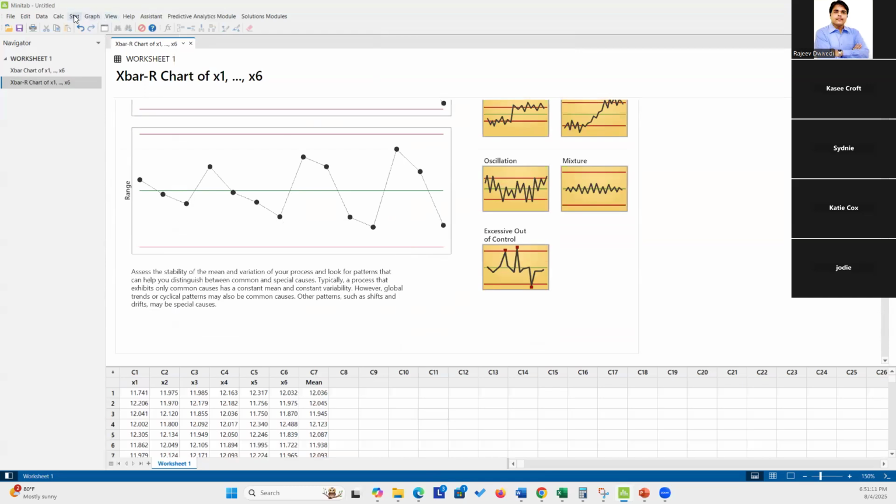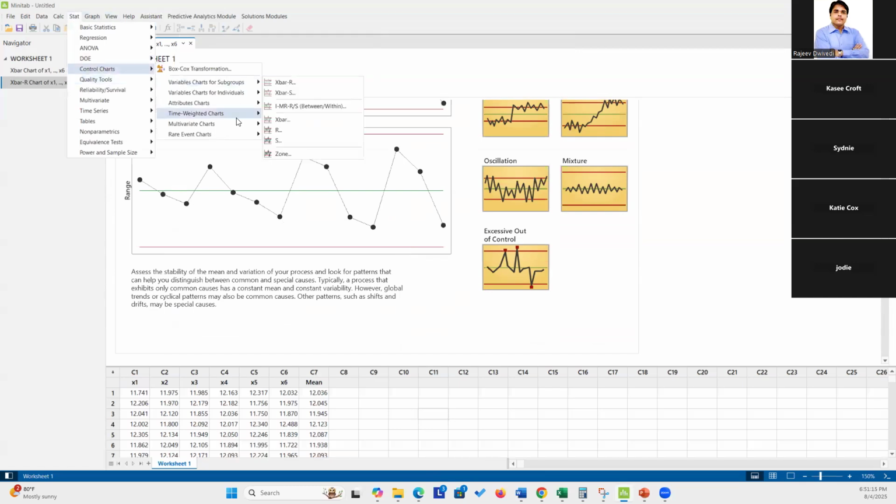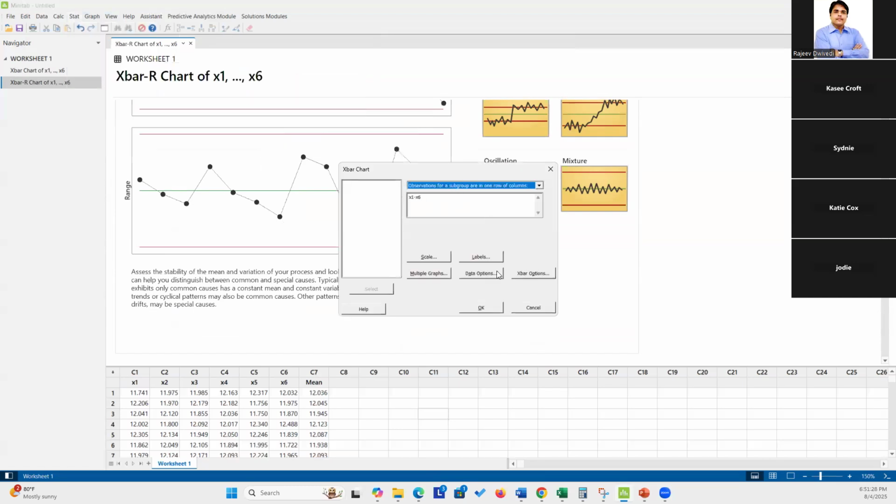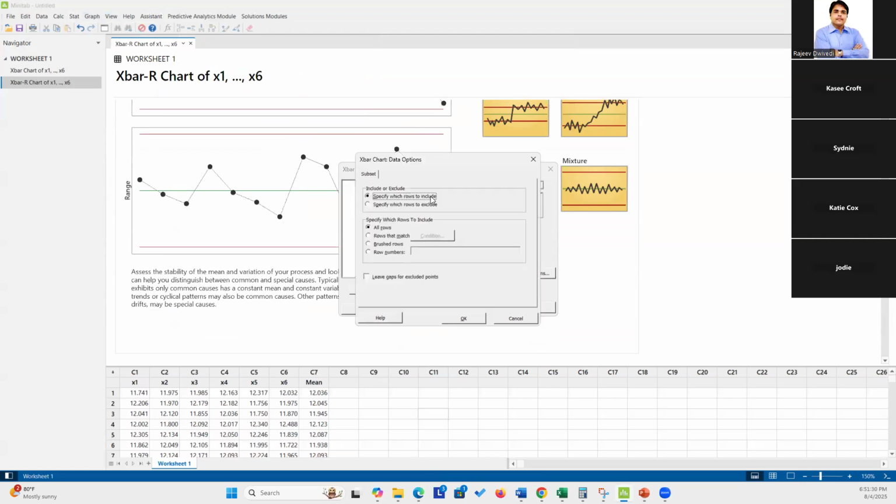Here we go when we go under statistics and control chart. X bar R, individually you can do. For example, here, if I do data options,